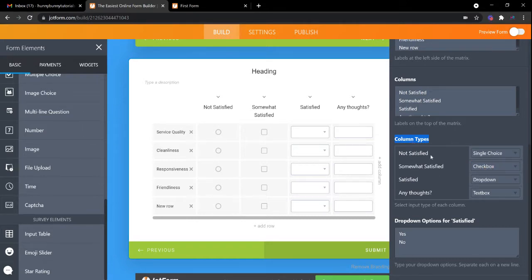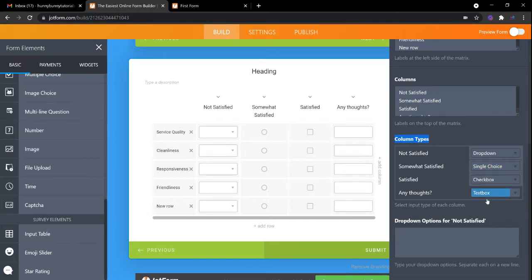So in here all columns will be displayed and you can choose which question type you want for your column. For the first you can use checkbox, you can use radio buttons, or you can simply use the drop down menus. It is up to you what you want to use. If you want to use radio buttons, it is single choice. For checkboxes, it will be checkbox, and for a simple text box, it will be text box.